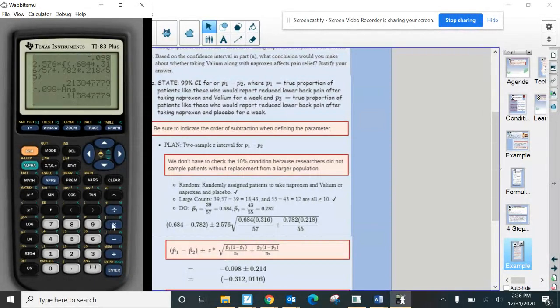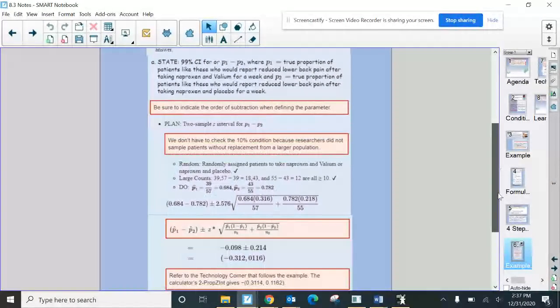And if we take our negative 0.098 minus 0.214, we get our left side. So that's one way to find our confidence interval. And then we would interpret, and we would say